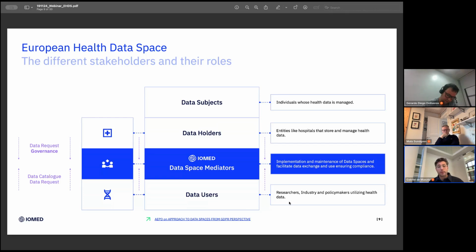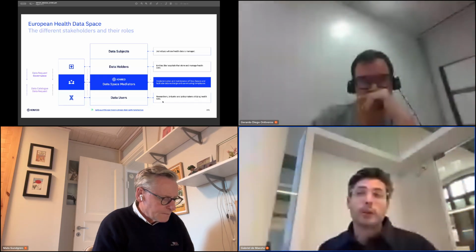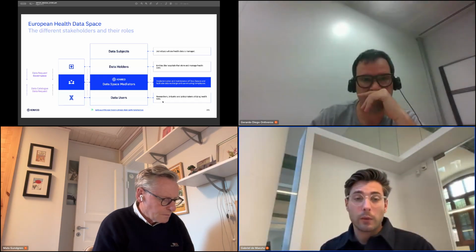So for that, the figure that has been generated by the European health data space is this idea of data space mediators, and we at IOMED are positioning ourselves as this figure. At the end, what we are trying to do as data space mediators is help the data holders to provide good governance on the data requests that are coming from the data users. And we are trying to make the collaborative effort